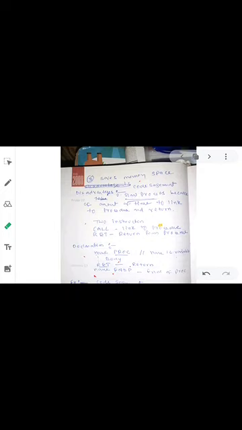There are two instructions widely used in a procedure called CALL and RET. CALL is used to link to the procedure. In the main program, we have to give the name of the procedure with CALL, then it will connect to the procedure.